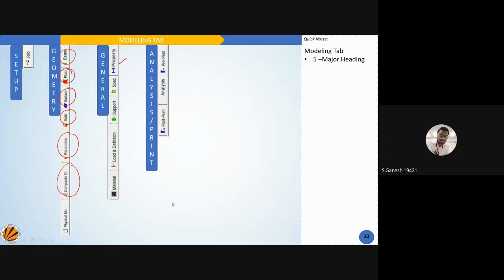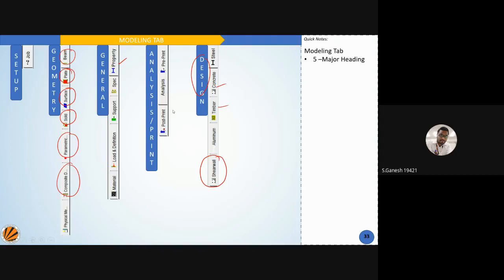And finally, design. You can do steel design or concrete design; click over here and give the inputs, and you can get your design. You can also see shear wall. If you are aware of shear walls, you can do the design of shear walls also.